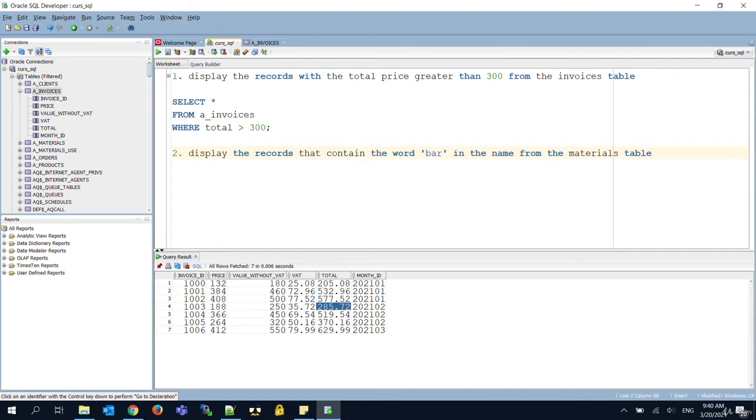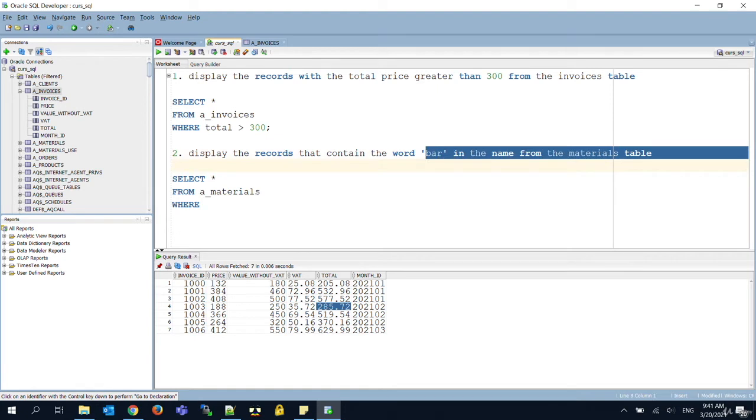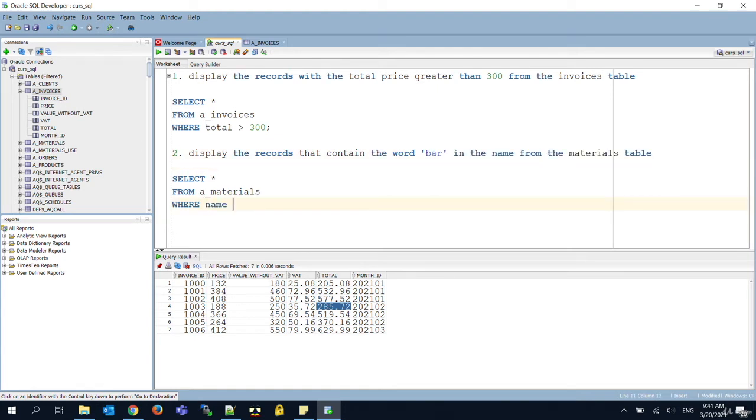The second exercise says to display the records that contain the word bar in the name from the materials table. We will do that also by selecting all columns from table materials, A materials, where the name contains the word bar in it. So where name, like,